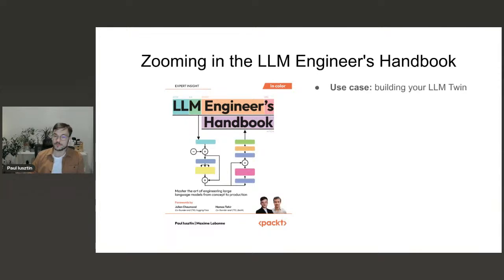Throughout the book, we show you how to build one big project instead of multiple smaller ones, because by doing so, we can really highlight what it takes to take a proof of concept, similar to what you will do in your job, and really tackle all the aspects.